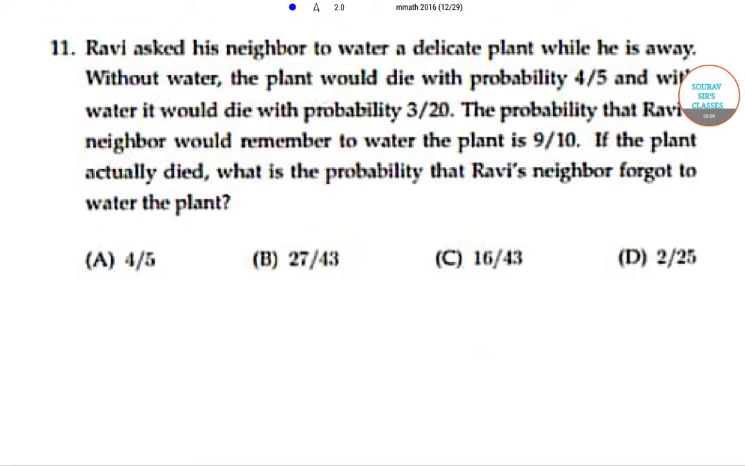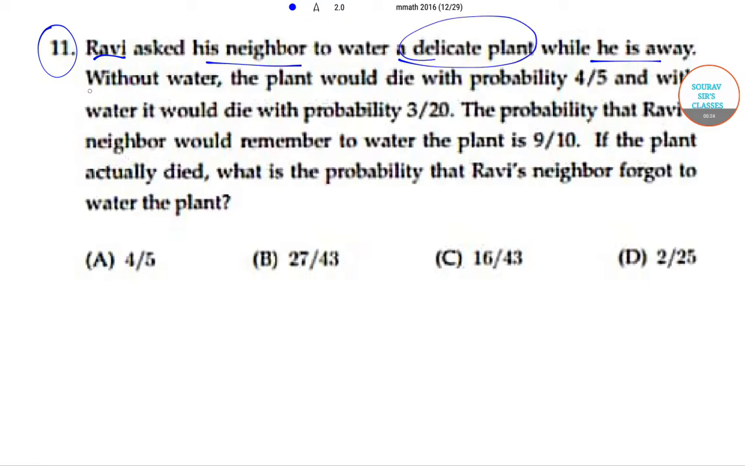Today we'll be solving the ISI Mmath question paper from year 2016. Today we'll be solving question number 11 from the paper. So let's begin. In question number 11 it is said that Ravi asked his neighbor to water a delicate plant